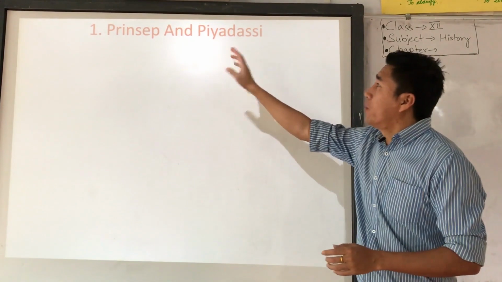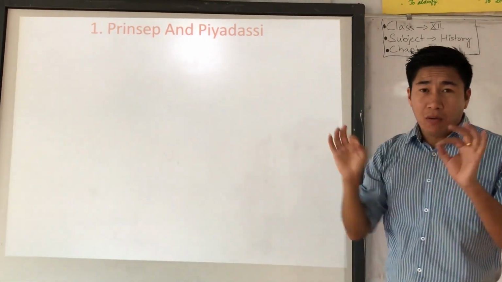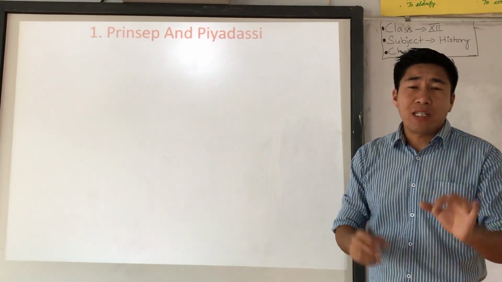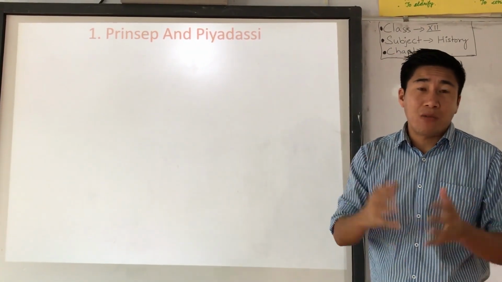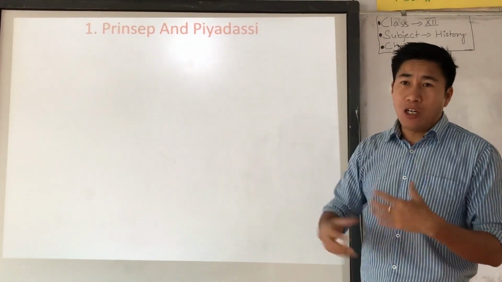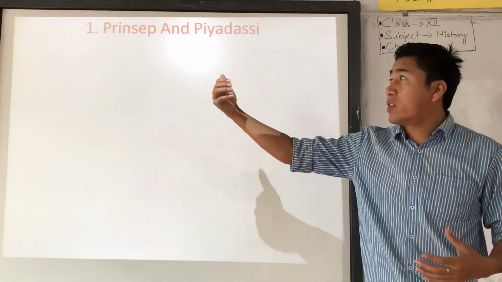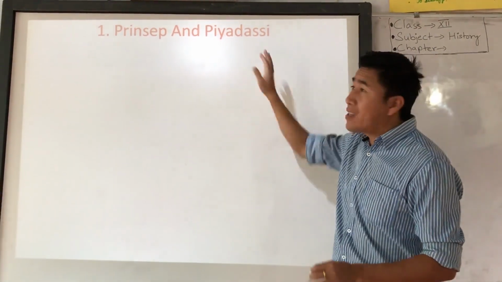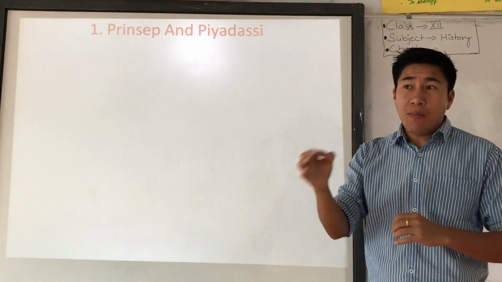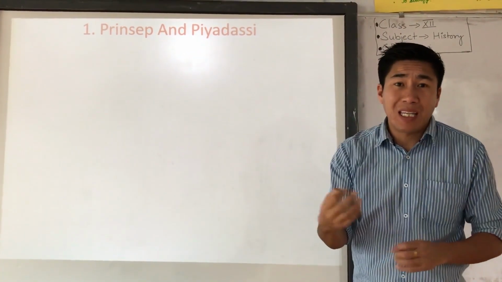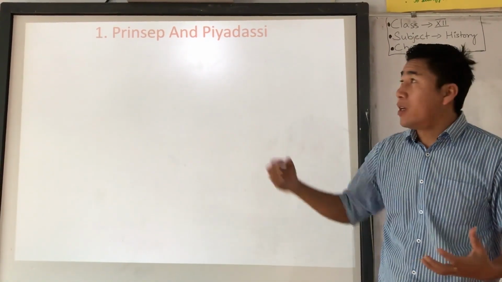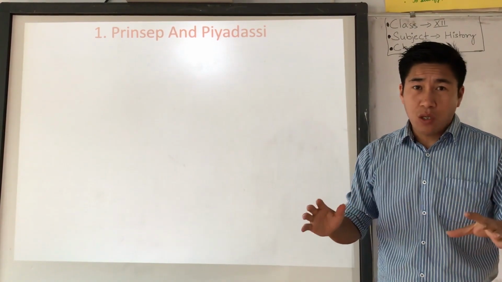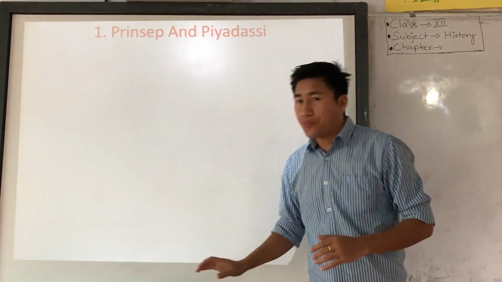Priyadasi and Princeship. Now, listen very carefully. Princeship is the English officer in the mint, where the coin was made. He was an officer in the East India Company, the officer of the mint. And Priyadasi is one name of King Ashoka. You know about it, right? Ashoka is also known as Priyadasi. Understood? Okay, now we're going to study about it.